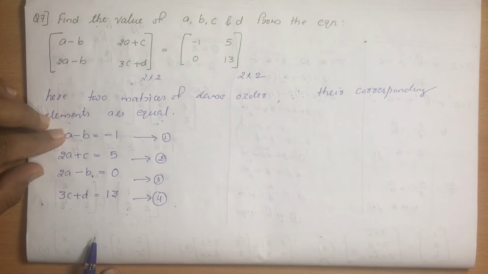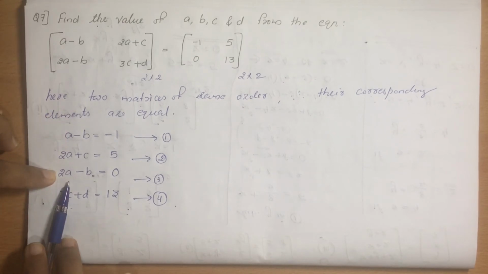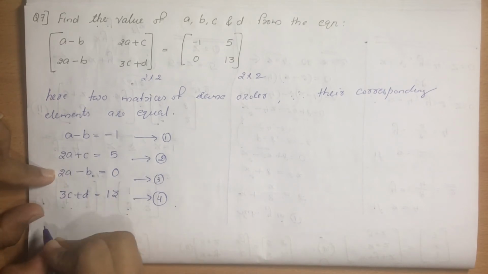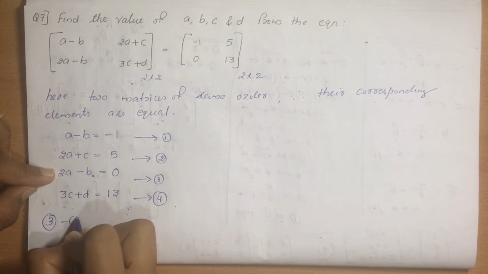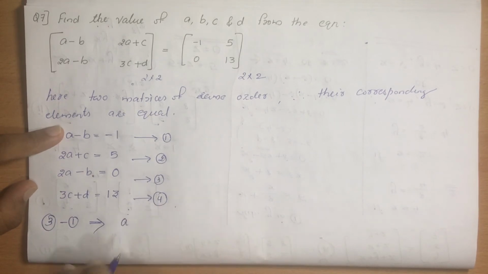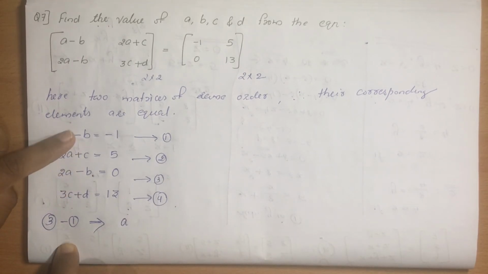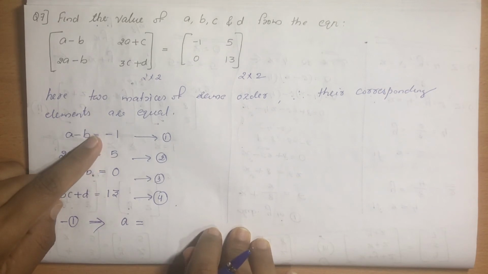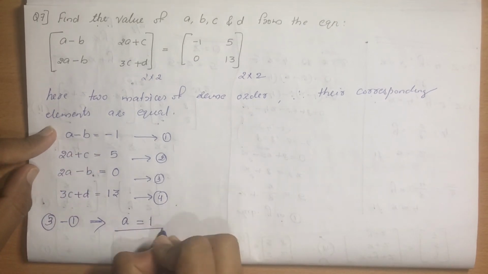So see this one, this is also in terms of a and b, this is also in terms of a and b, right? So this is minus b, minus b. So when we are subtracting this, 1 minus 2 means what will happen? This minus b, minus minus become plus. That means this becomes cancelled, right? So we can do 3 minus 1. Equation 3 minus 1. 2a minus a is a, minus b minus minus b, that means minus b plus b equal to 0, this becomes cancelled, equal to 0 minus minus 1. Minus minus plus. That means we will get the value of a equal to 1.